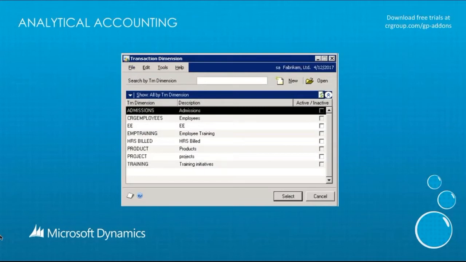The next one I want to talk about is analytical accounting. And analytical accounting, I think, came along in GP, seems like GP 8 around the 2008 timeframe. And analytical accounting really changed things for GP. It changed things for the chart of account structure. It really falls out of some of the other systems that are out there, and they use a concept that